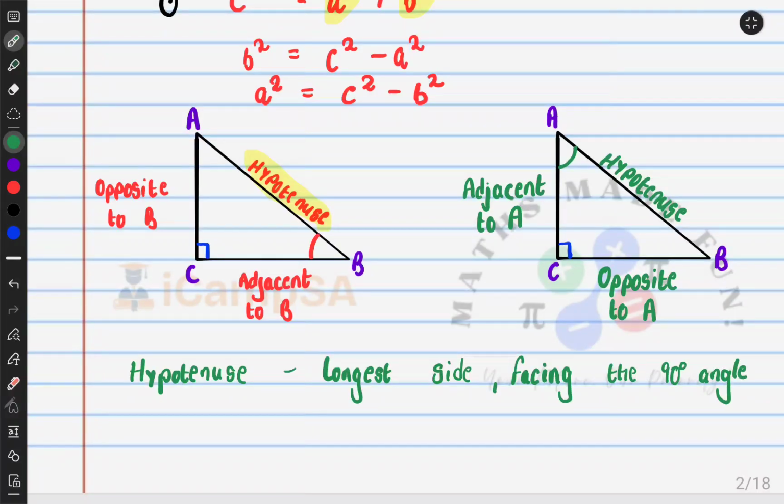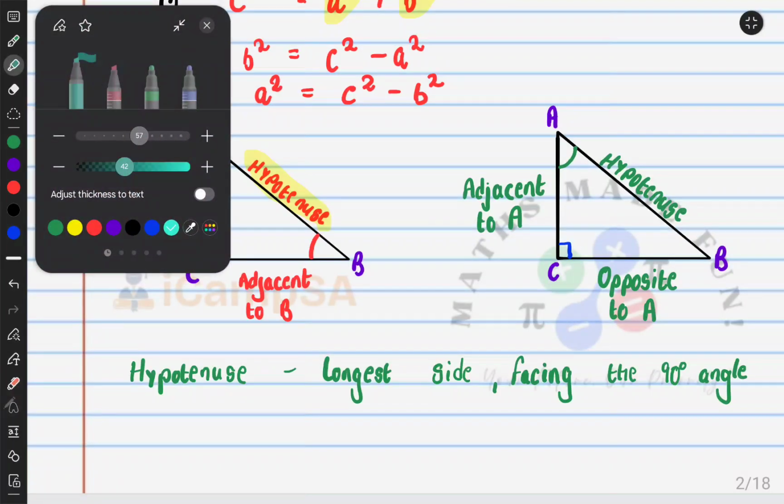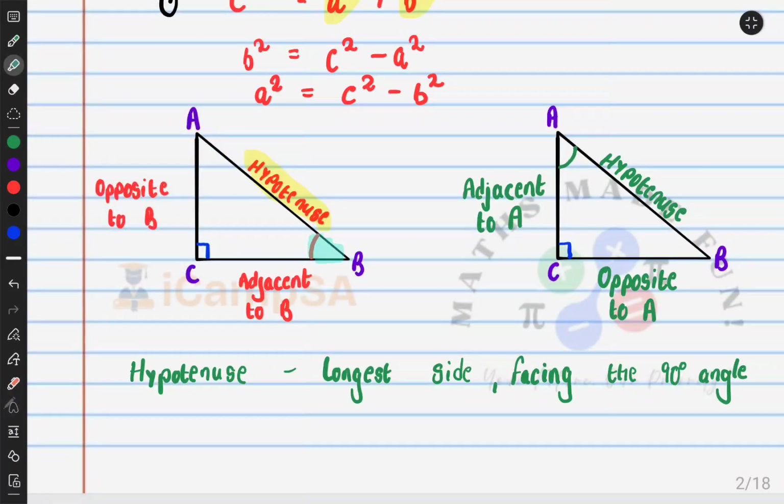And then we have the other two sides, the opposite and the adjacent side. The opposite and adjacent sides depend on which angle we are dealing with. So for example, in the first triangle, let's look at angle B. The side opposite to angle B is side AC, hence this is the opposite side. And the adjacent side is the side next to the angle we are focusing on. So the side CB in this case is the side adjacent